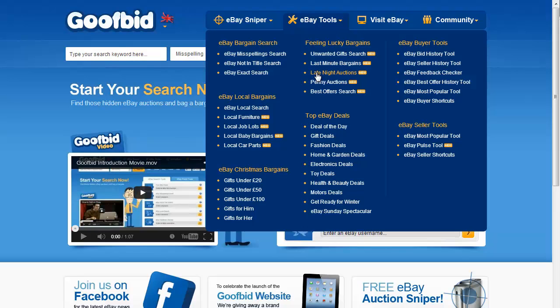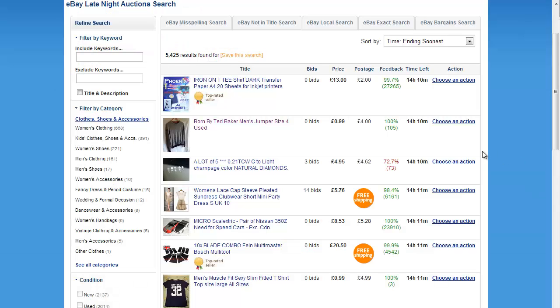And obviously it gets a lot of its visibility on eBay when it's coming to a close and when it's finishing. And if it's finishing at 5 in the morning, then there's going to be no one around to see it. So again, much more increased opportunities to find things. Let's just have a quick look. You click on that and it will take you through. And as you can see, I've already clicked on this